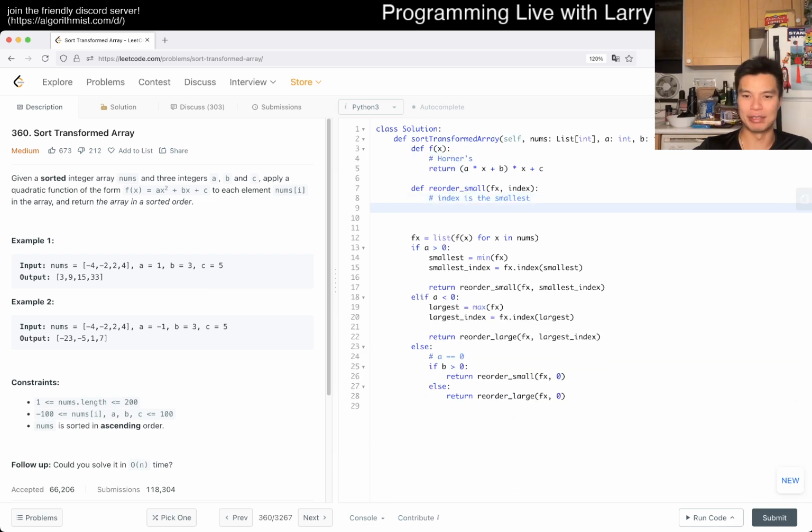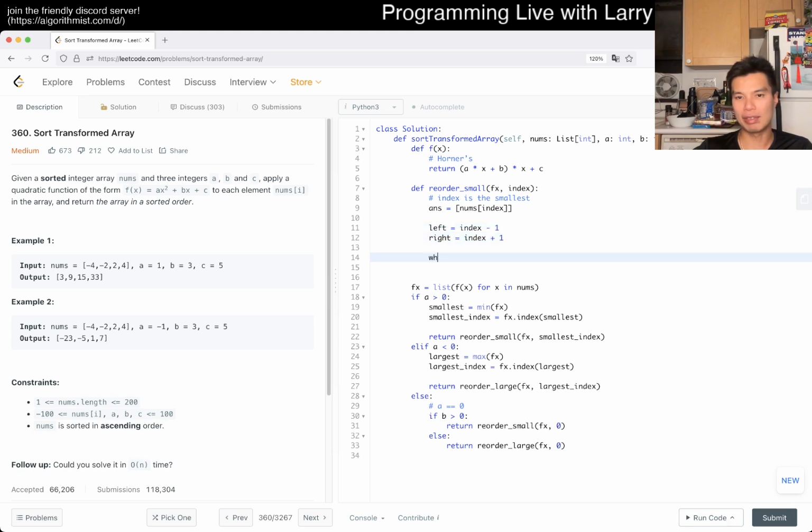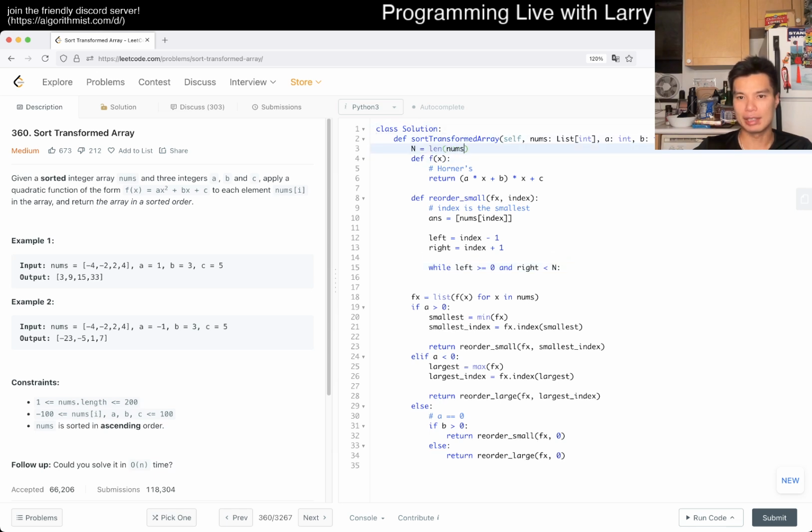But I think that, especially if you're a beginner, it's a little bit too wonky. What am I doing again? Oh yeah. So now we have an answer is equal to nums sub index, right? And then we have two indexes. Left is equal to index - 1, right is equal to index + 1. Then while left is greater than or equal to 0 and right is less than n, I guess we need n. Then now we take the smaller